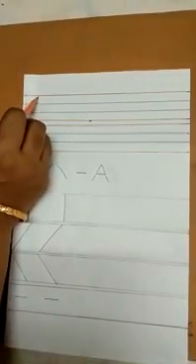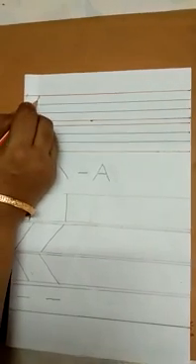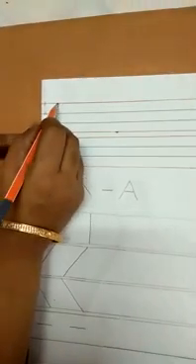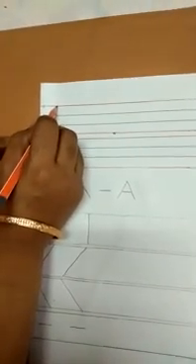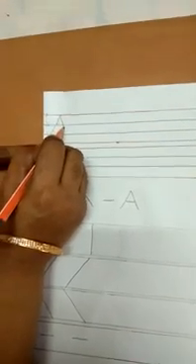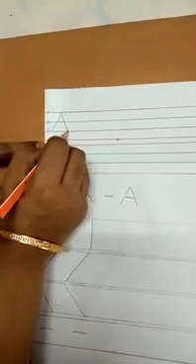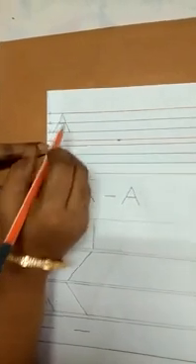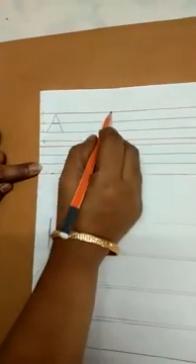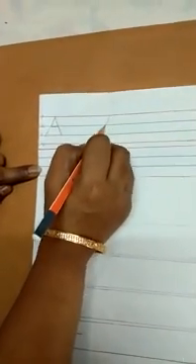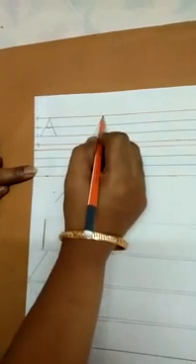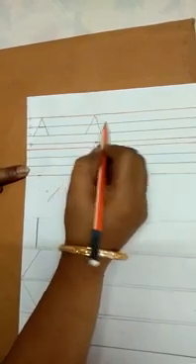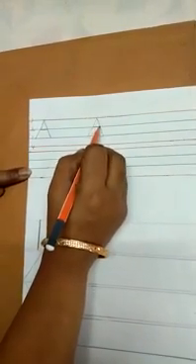From the first red line, come down slanting line, touch the second blue line. Now opposite slanting line from first red line, come down, down, down and touch the second blue line, and sleeping line on the first blue line. Okay, one more time we will write. Slanting line from first red line to second blue line, opposite slanting line from first red line to opposite second blue line, and then sleeping line on the first blue line.